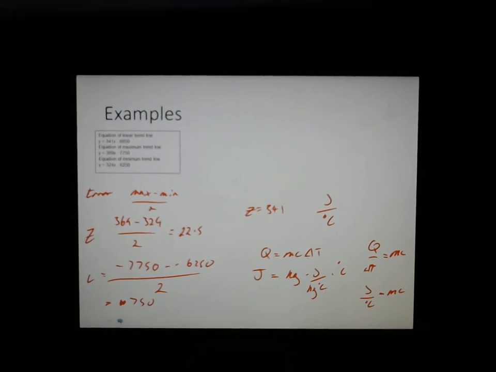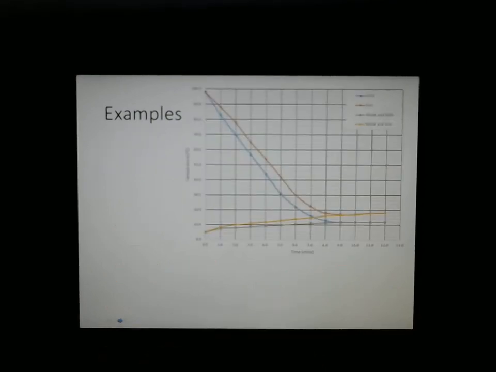The other type of graph you might see, I do give myself some space to get rid of some of this. Excuse me. This is the other type of graph. We have here two different experiments, both graphed on the same thing. We can see up on our key, we have gold, we have iron. Here's the water with the gold in it, and here's water with the iron in it. This would be very similar if we could track the individual temperatures of the different materials that we use in our experiment. And Year 12s, this might help you a little bit with thinking about what you did last year